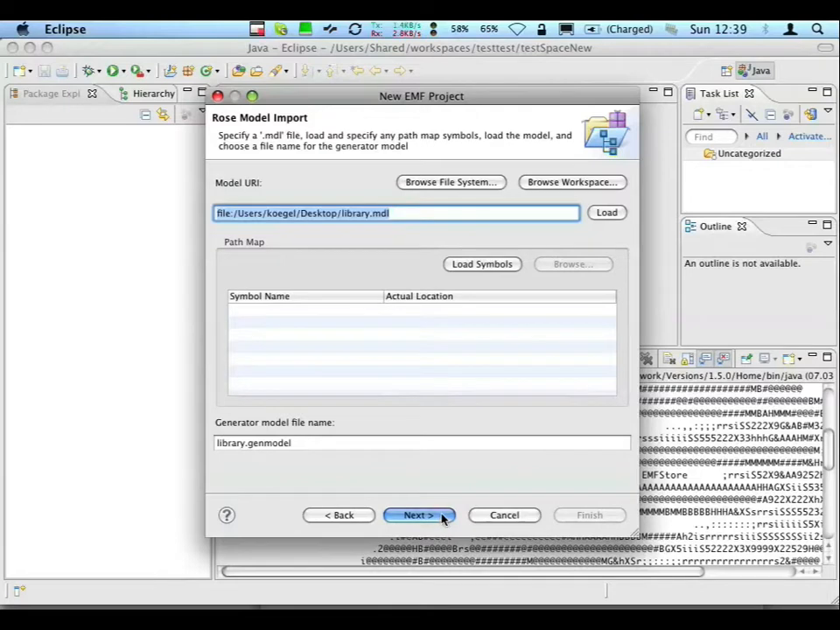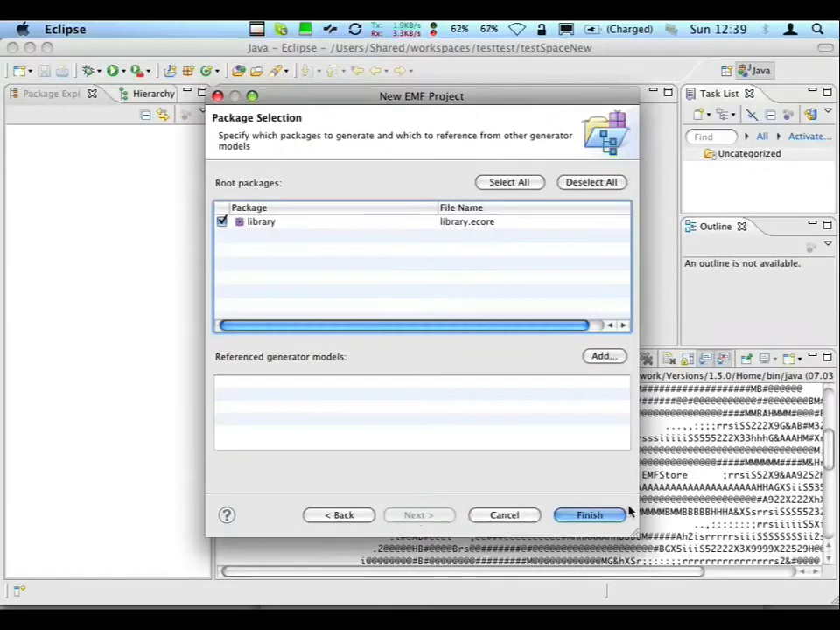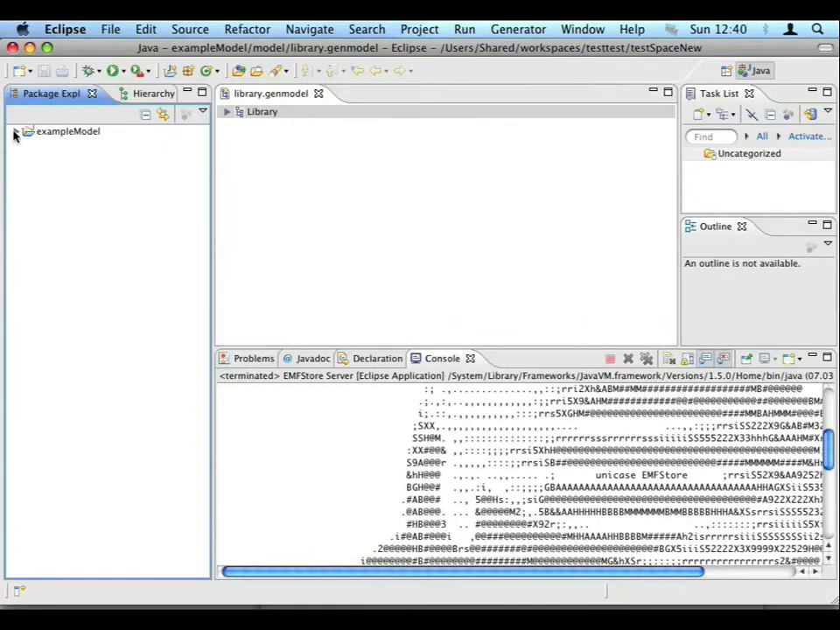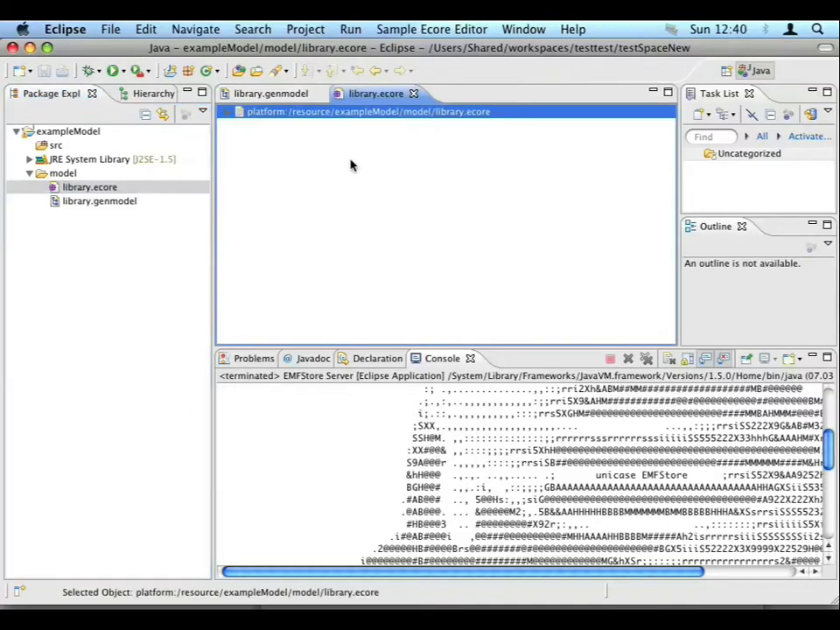And I will proceed with installing that. And now I've created an EMF plugin containing the eCore and the gen model of this Rational Rose model. Now the first thing that I'm going to do is I have to tell the EMFStore which